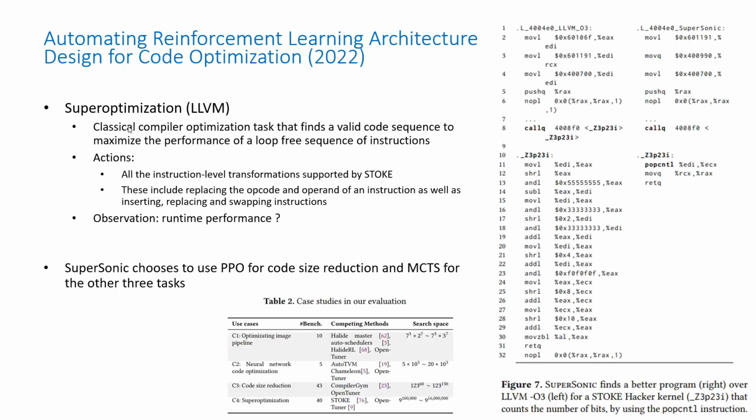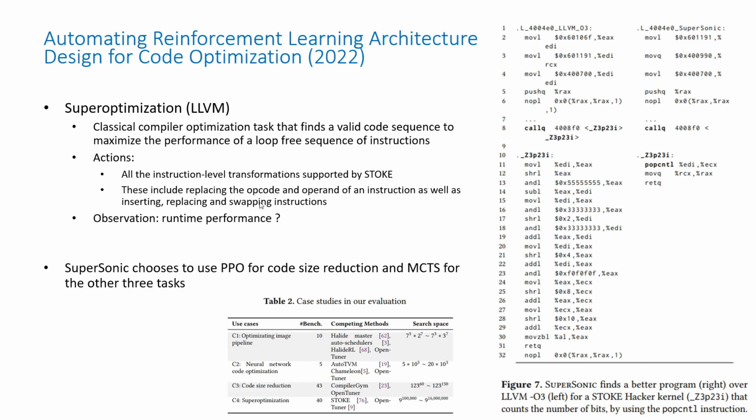The fourth and final problem is superoptimization, which is an LLVM problem. It's a classical compiler optimization task that finds the valid code sequence to maximize the performance of a loop-free sequence of instructions. You can see an example on the right where we have a set of LLVM instructions, and they get significantly simplified by using the popcnt instruction in here. And that is done using the STOKE